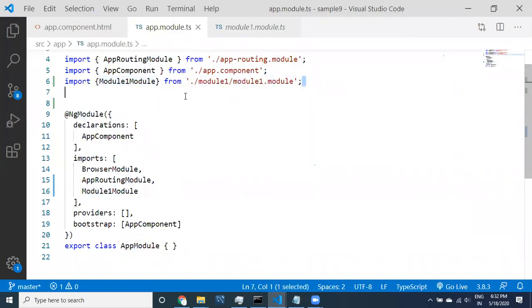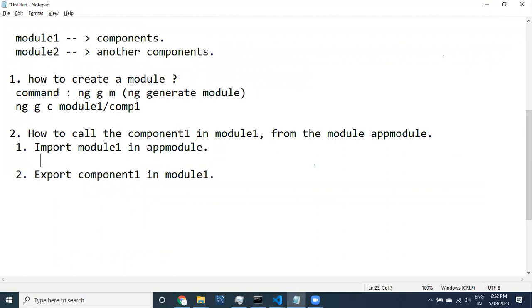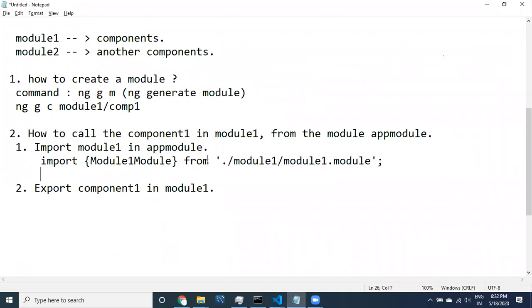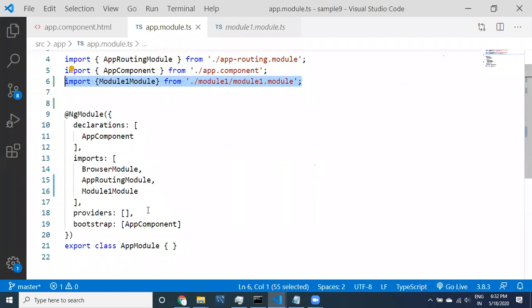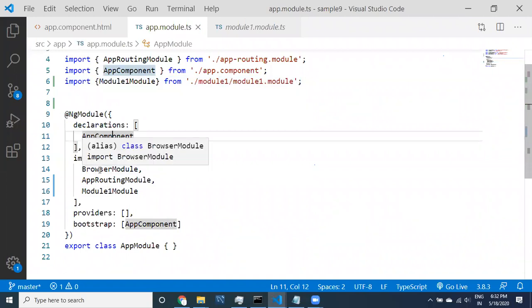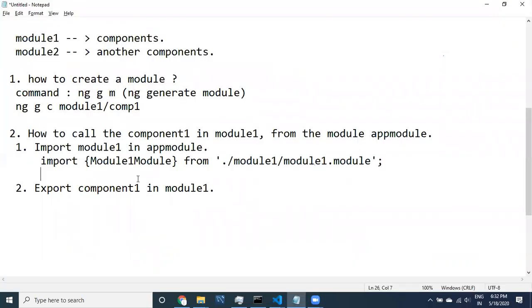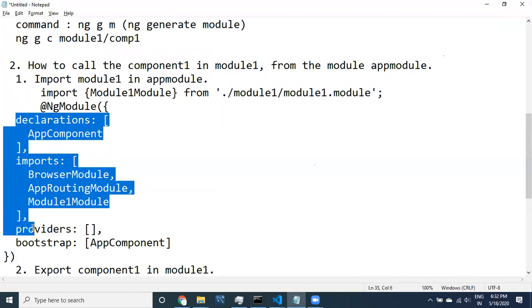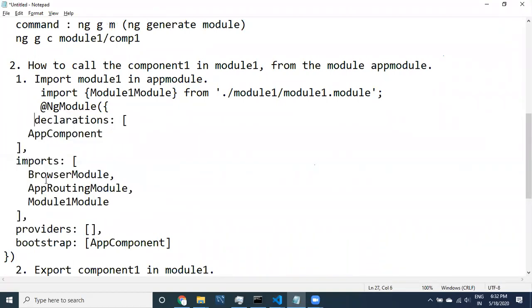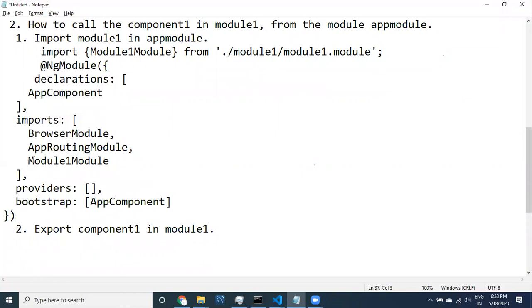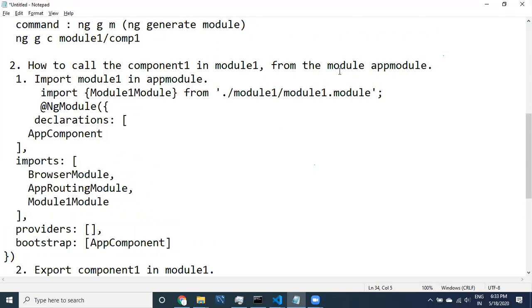For that, I am going to copy these two steps here for your reference when you are watching this. When you are referring to this document, you can see this information, and then in the imports you can provide NgModule. We'll format it later. Inside this it is going to be provided. This is the first step over. What we have done is imported module1 into the app module. This is the app module.